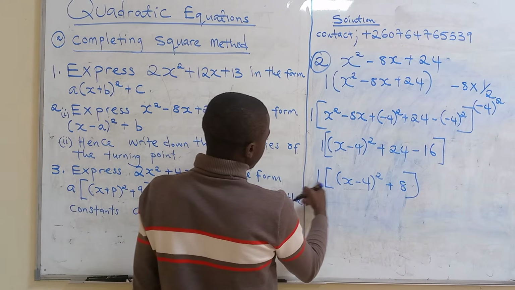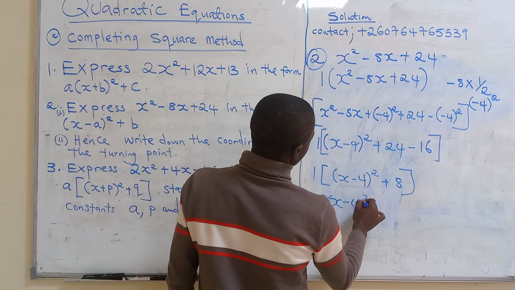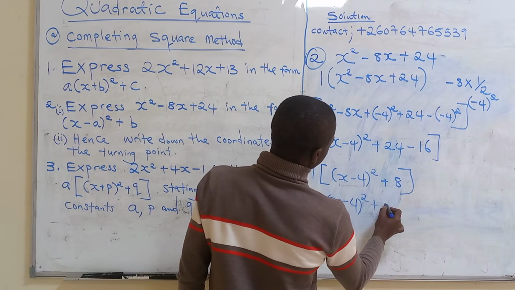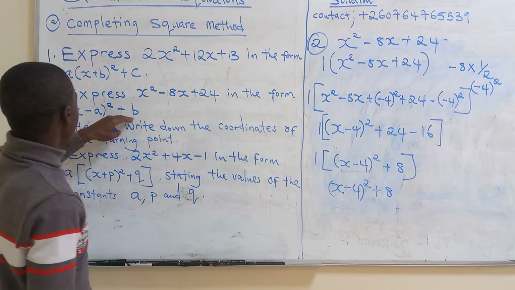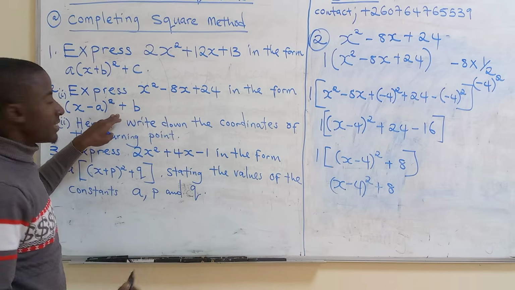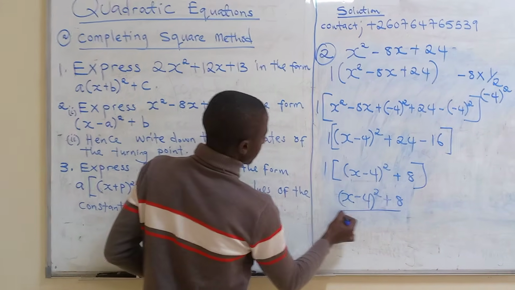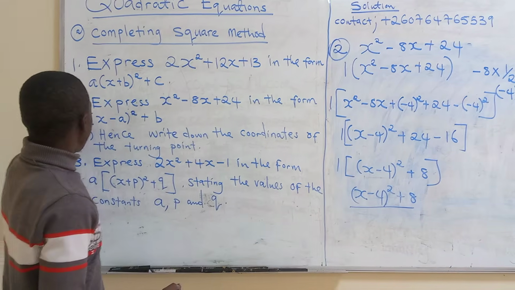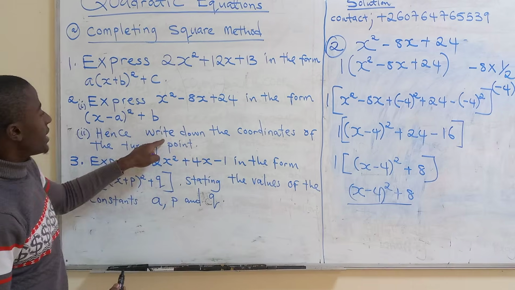So when you multiply, you are getting x minus 4 squared plus 8. It means that you have expressed it in the form which they asked us to do. So this is the final answer for 1. Now we proceed. The question continues to say, hence write down the